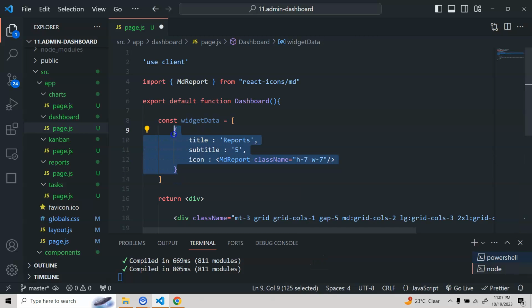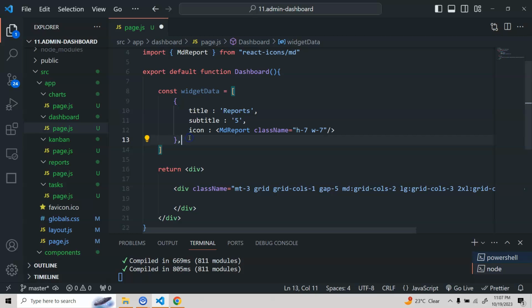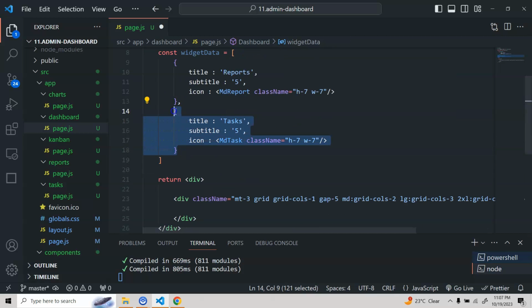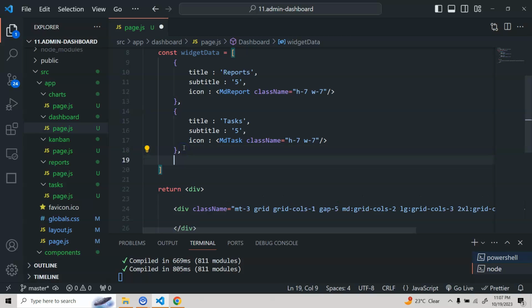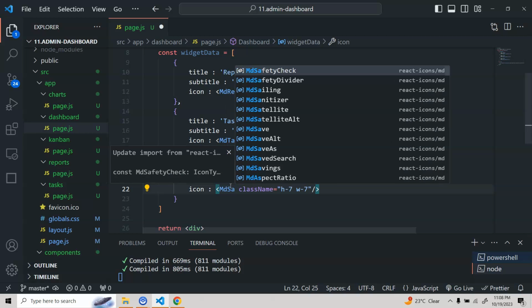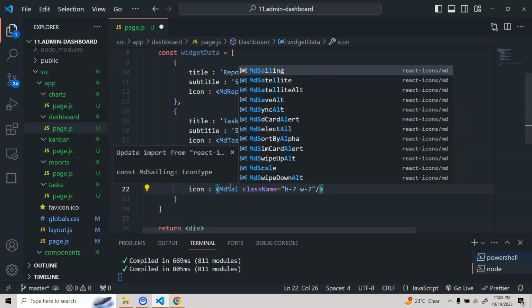So let's copy this. Next, what we can render, we can render the tasks. We'll give 5, so this will be MdTask. Let's copy this. We'll render here, let's say sales. We'll do Md, I don't think we have MdSales. What else we can give? For now we'll give some